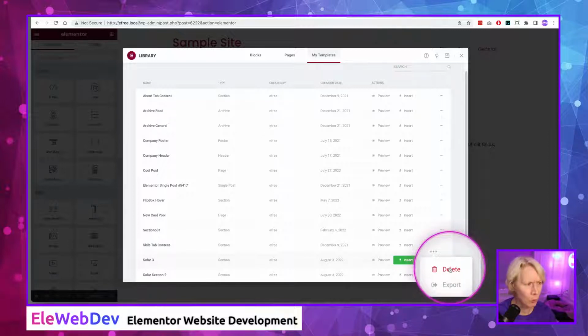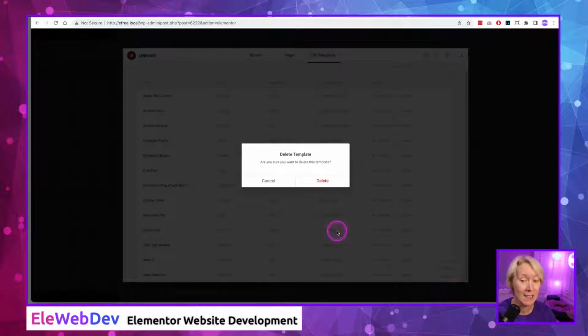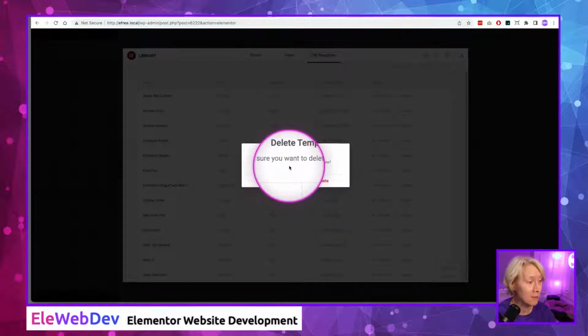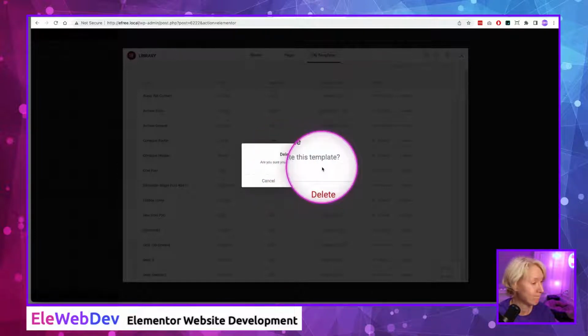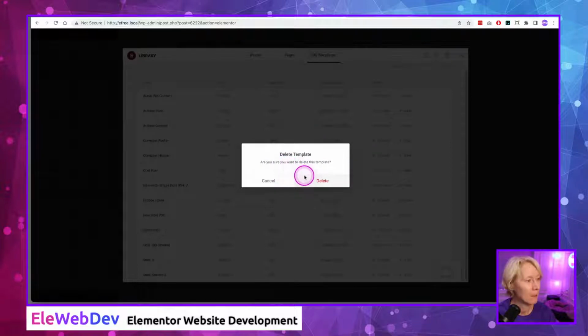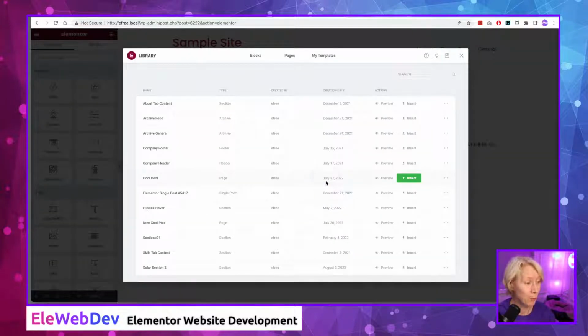So this is Solar number 3, and I'm just going to hit delete. And it says, are you absolutely, positively, 100% sure you want to delete this template? There is no, do you want to put it in the trash? Do you want to have an option to get out? It just says delete. So I'm going to hit delete. And it goes 100% bye-bye. It's gone. However,